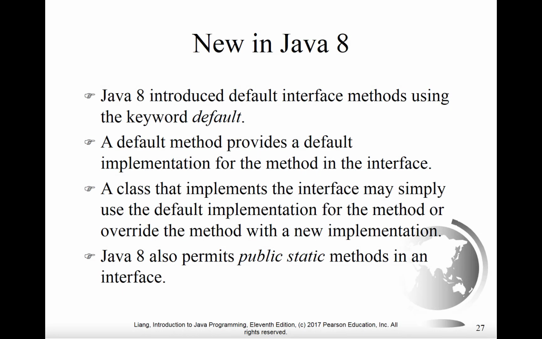You may recall earlier one of the things that was said is that when a class inherits from an abstract class or when a class implements an interface, it's obliged to implement all of the abstract methods that exist, and if it misses any of them, it becomes an abstract class itself, which is probably not what we want to happen. Now, as Java developed, what would happen is interfaces would be modified and have new features added, and